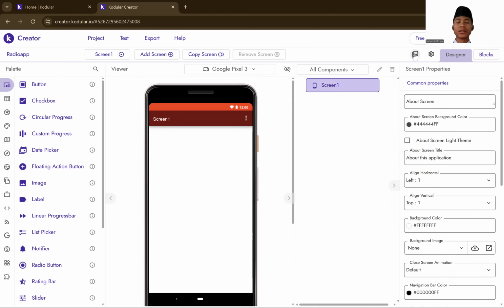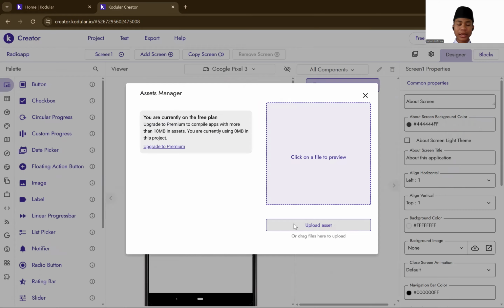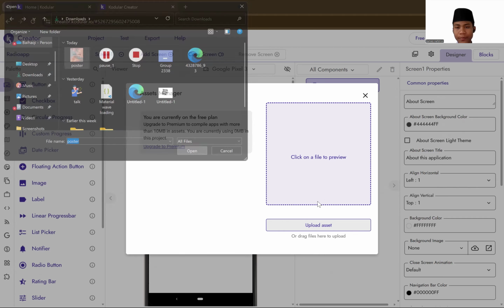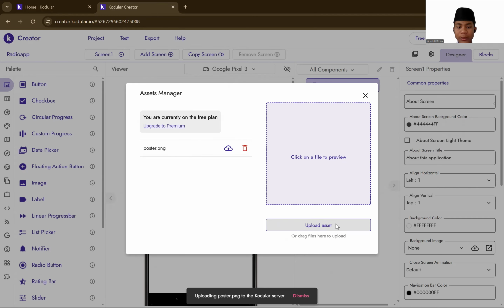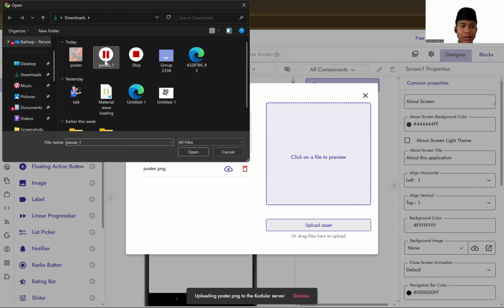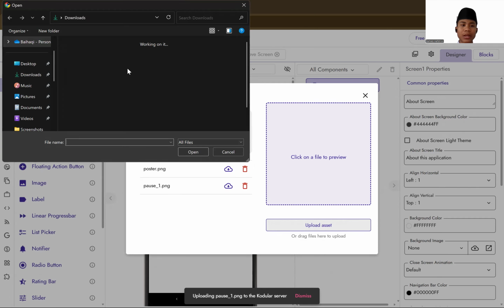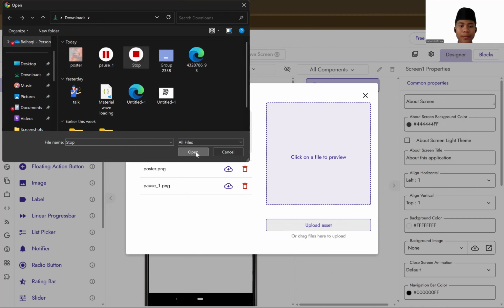you first open your asset. The first is poster. You must have a poster, and then buttons: play, pause and stop.